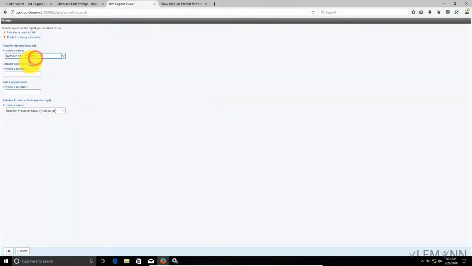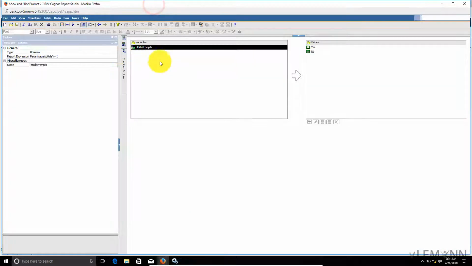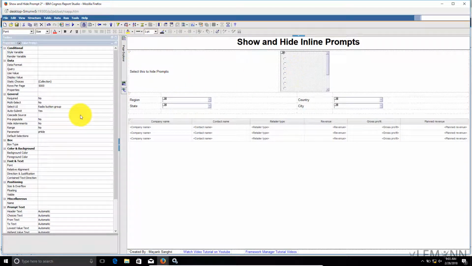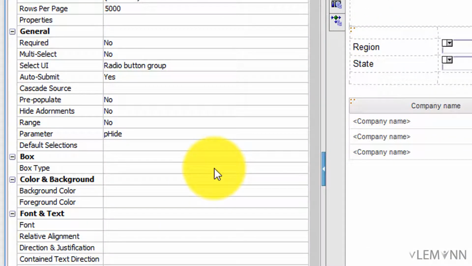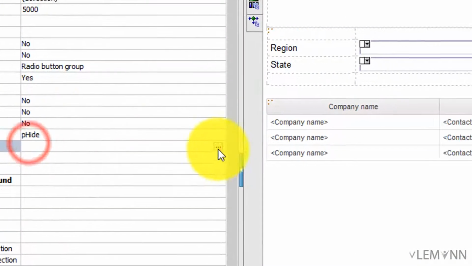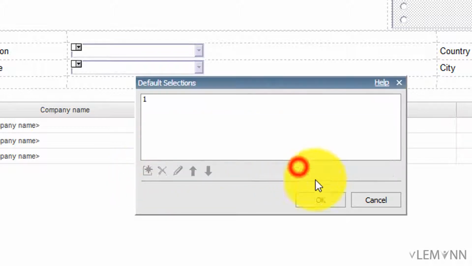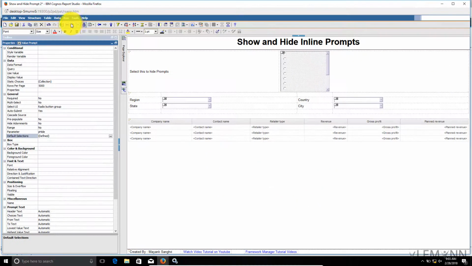And something is not correct here. Okay, so let me close this. I'm going to open my report page. I'm going to select this value prompt, and I want to select the default value for this. So for default selection, I'm going to select 1. Finally, I'm going to save my report, and then click on run to run this report